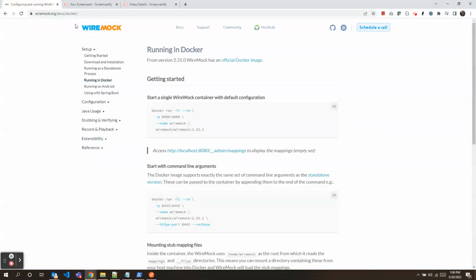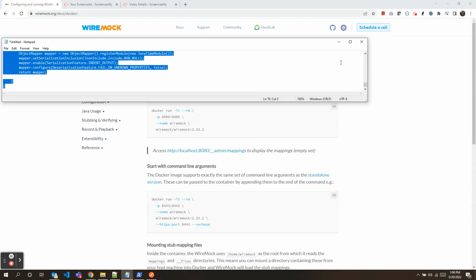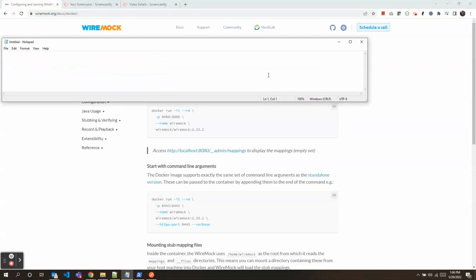Today we'll be talking about WireMock and its Docker configurations. All right, to give you an example, generally we have a situation in a microservice environment. Let's say we are building two services, service A and service B, and